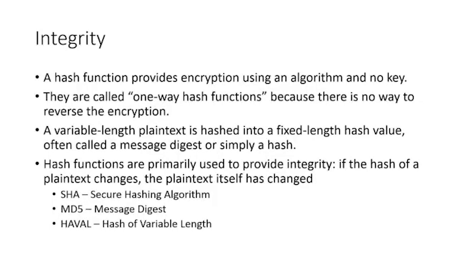Now, I put a couple different hashing algorithms down there. The SHA hashing algorithm, the secure hashing algorithm, MD5, message digest, and Haval, hash of variable lengths. All right, so SHA, 160, MD5, 128, and then Haval is variable, can go from 128, I want to say up to 160, maybe don't quote me on that one, but there are 2 or 3 options in there that you can have, and it's actually a little faster than MD5.